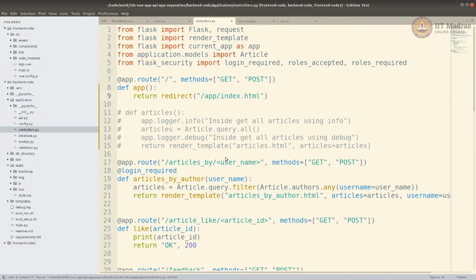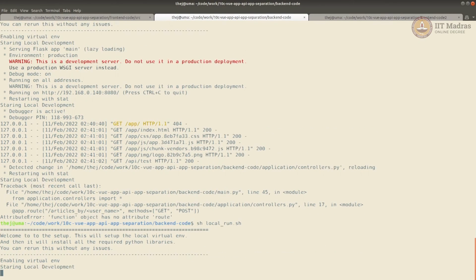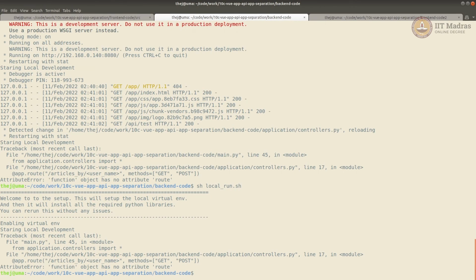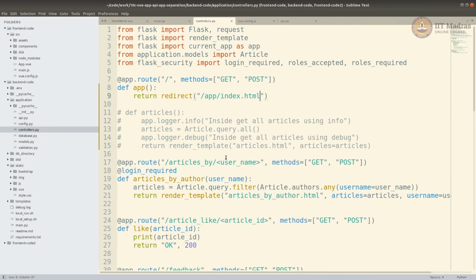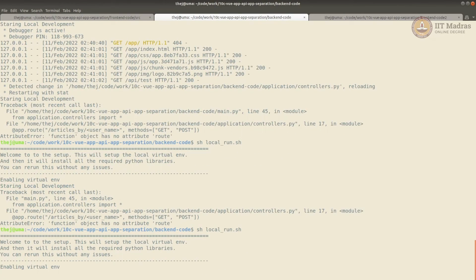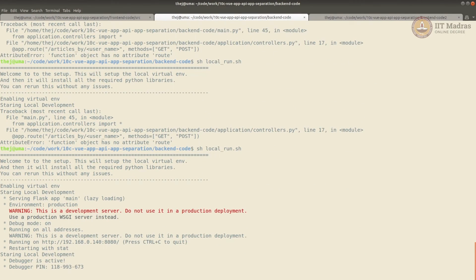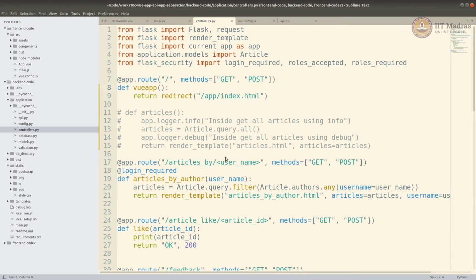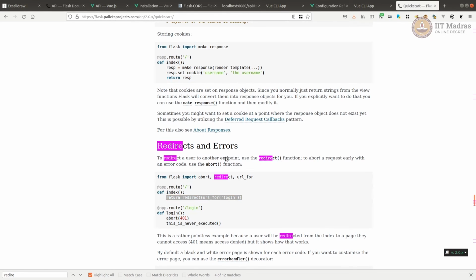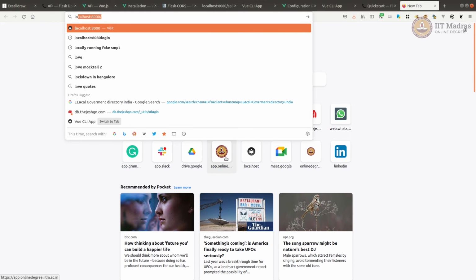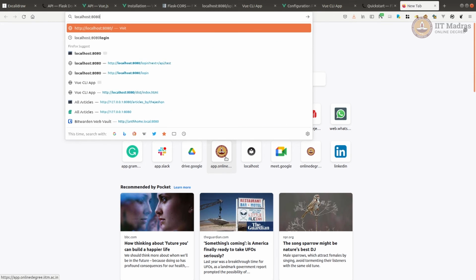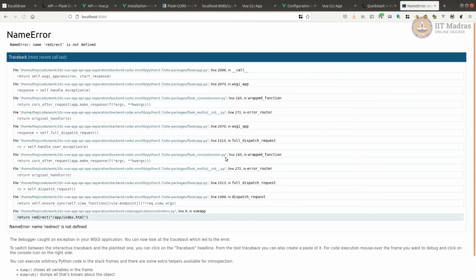Right, let's see. Let's restart. Oh, I can't call it app because, let's say view app, because app is already a defined variable. Okay, it's running. Now if I go to /, it should redirect me to that, and localhost 8080. Okay,